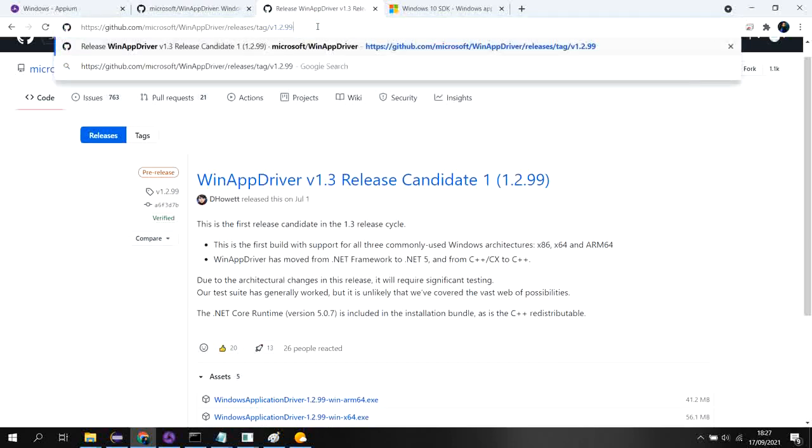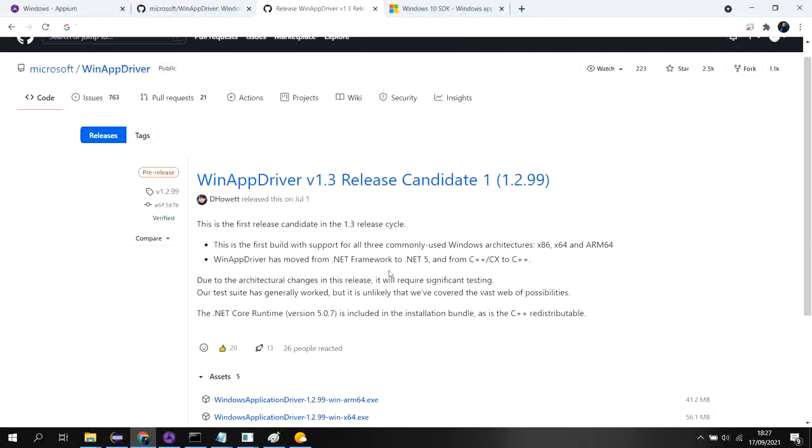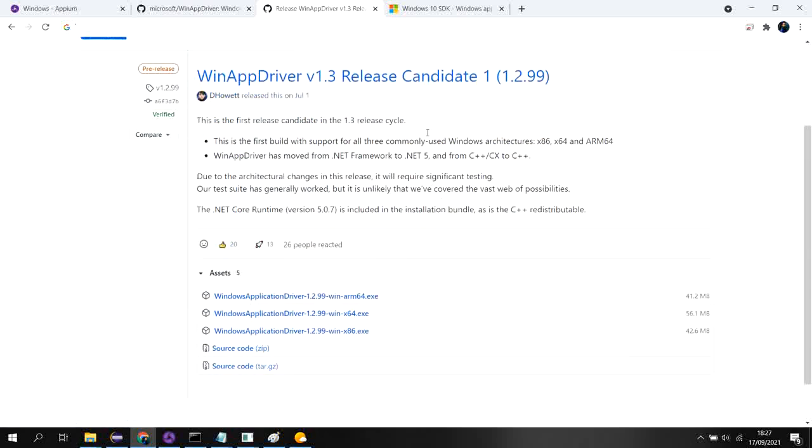Okay, this is already opened in my system. This is a stable version. It is released. If you click on this one, you will get this one. One thing I want to tell you: try to download the x86 version, because the Java client APM jar is looking for this one only. I have tried installing the x64, it is not supporting that one, so that's why I am suggesting you guys to install this one.